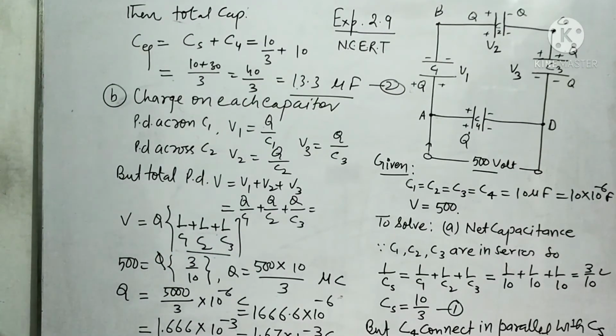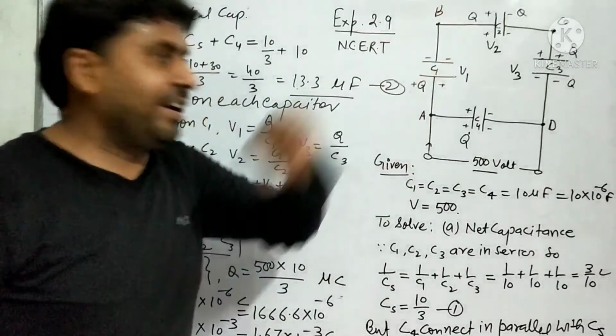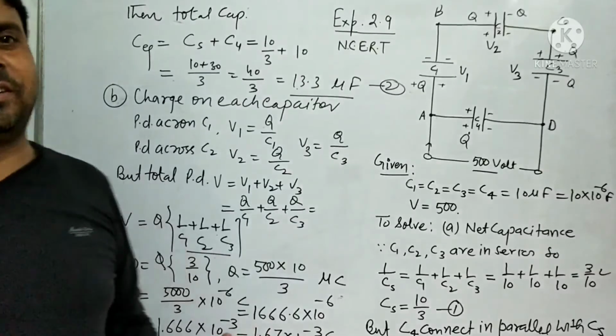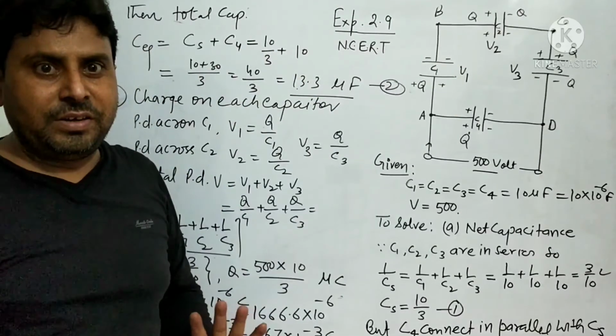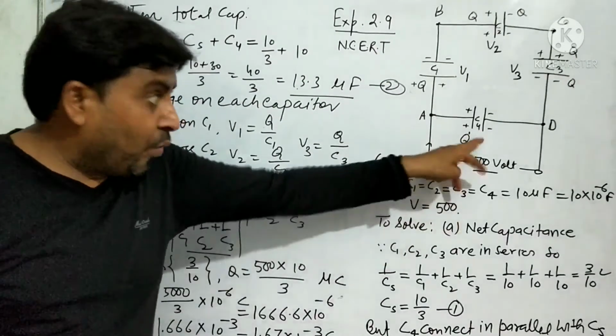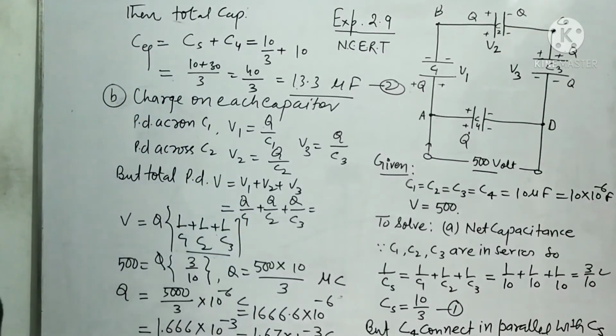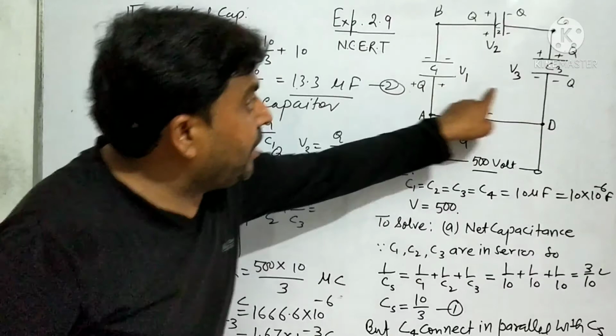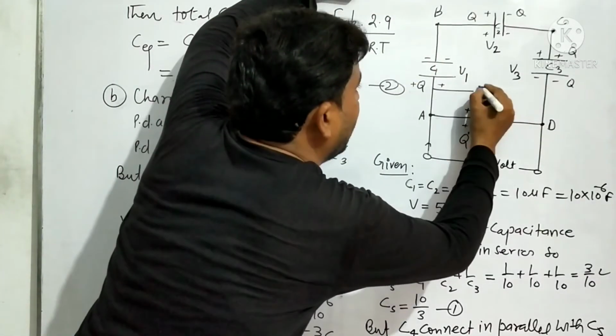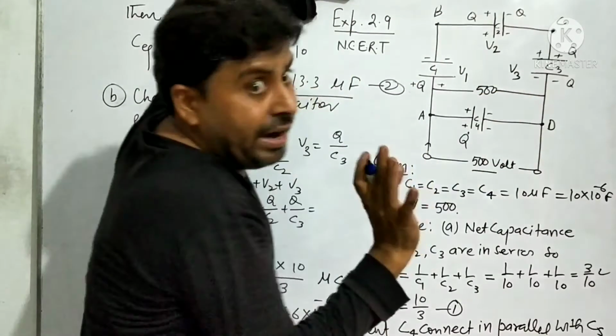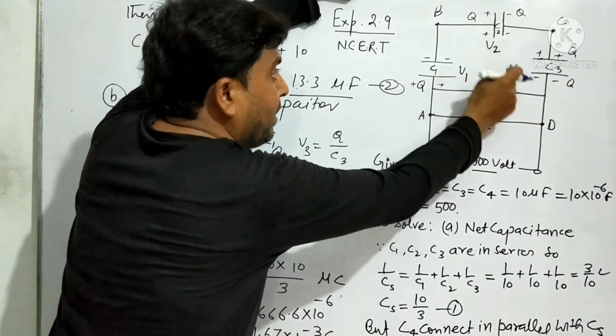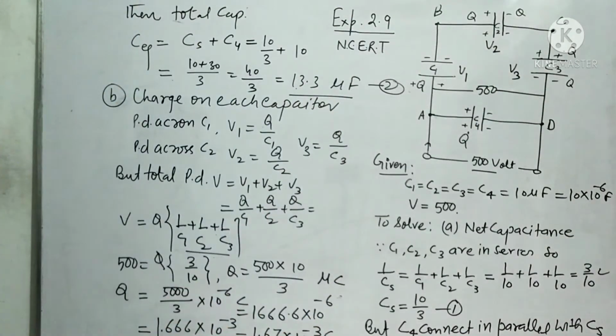This is the charge on the first capacitor, on the second capacitor, on the third capacitor. Only these capacitors. Now Q dash, the fourth one is remaining. Is it clear? Because 500 volt here, 500 across all these three, meaning in these also how much will it be? 500 combined. Here separate, here separate, here separate. Is it clear? So take one screenshot. We have to find the charge of the fourth capacitor also.